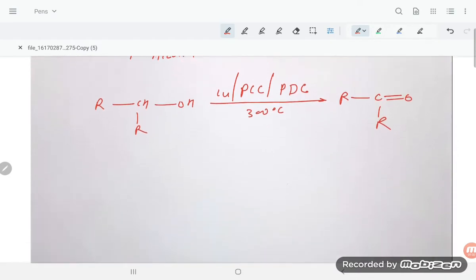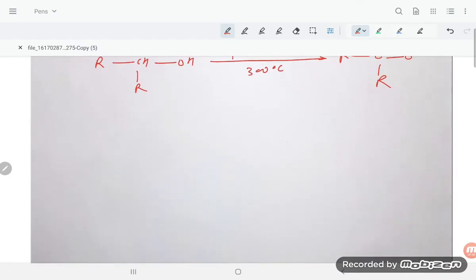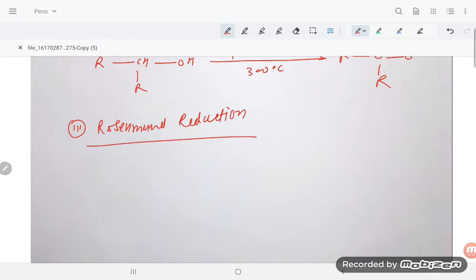The next one is the hydrogenation of acid chloride. So the second method is there. If you have an acid chloride, this is also known, students, as the Rosenmund reduction. By this method also you can prepare aldehydes and ketones. If you have the acid chloride RCOCl and you take Pd-BaSO4, students, and quinoline solution, it will give RCHO, you are going to get.